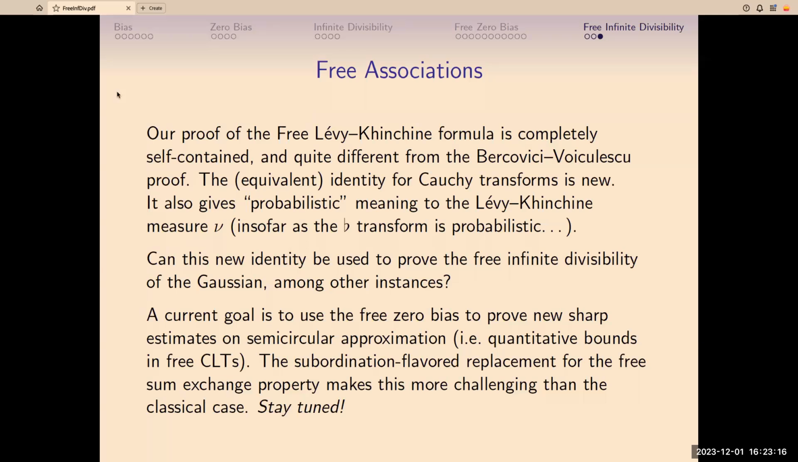Question: Do you have a free version of size biasing? So we don't, well,